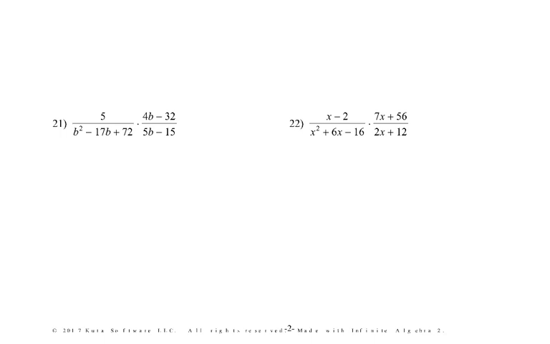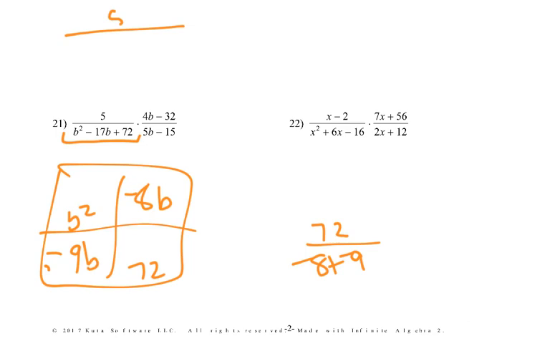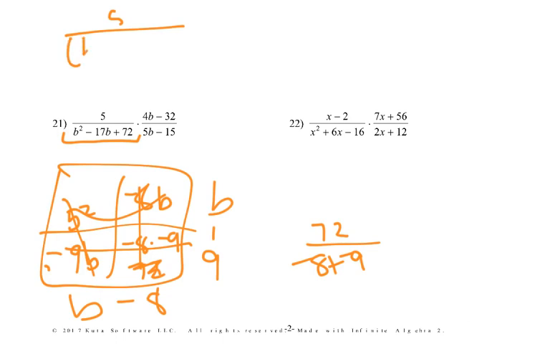Okay, 21. So we need to factor that bottom here, so we'd have 5 over something. So b squared, 72, negative 17b. Factors of 72 that are making up negative 17. Well, 8 and 9 are, which, if they're both negative, we add them. That would give us our answer. So pull out a b, pull out the second b. 72 is like negative 8 and negative 9. Pull out a minus 8 and a minus 9. So I get b minus 8 times b minus 9